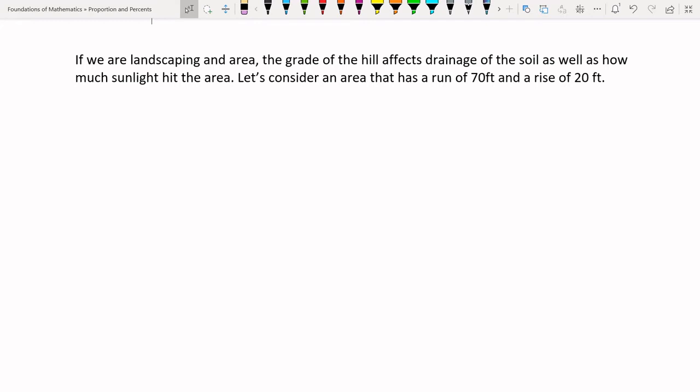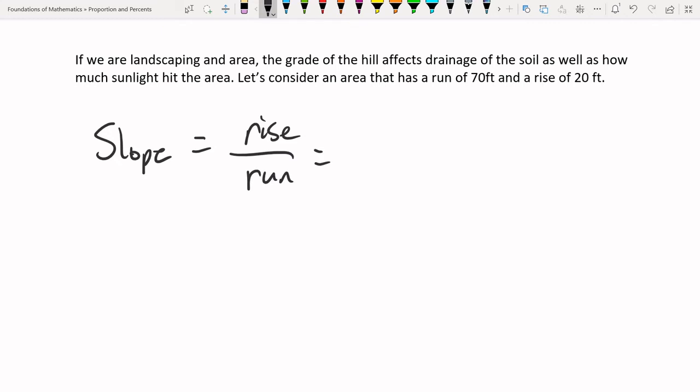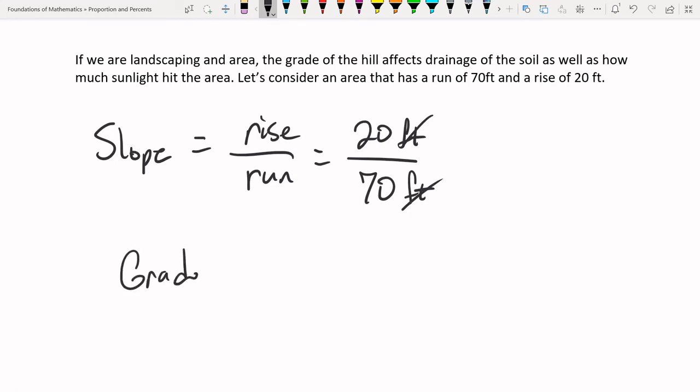Now, it's going to be a percentage here. The most important thing to note is the grade is the percentage of the slope. Then the slope is going to equal rise over run. In other words, it goes up 20 feet, directly vertical, for every 70 horizontal feet that it moves. So that's the slope. That's not the grade though. The grade is the percentage. Now you can see that the feet cancel here, and we have 20 over 70. So the grade will equal 20 divided by 70,